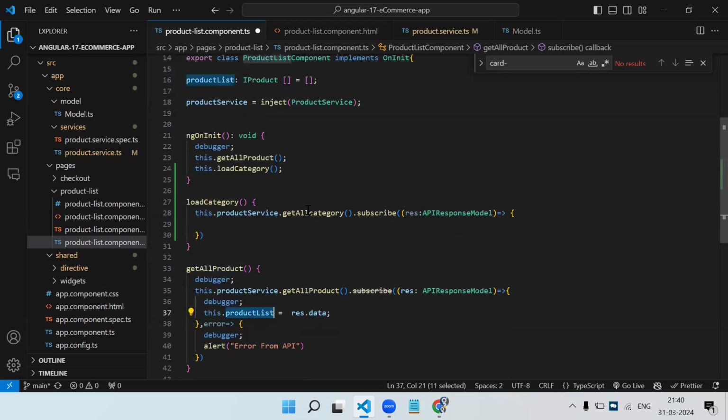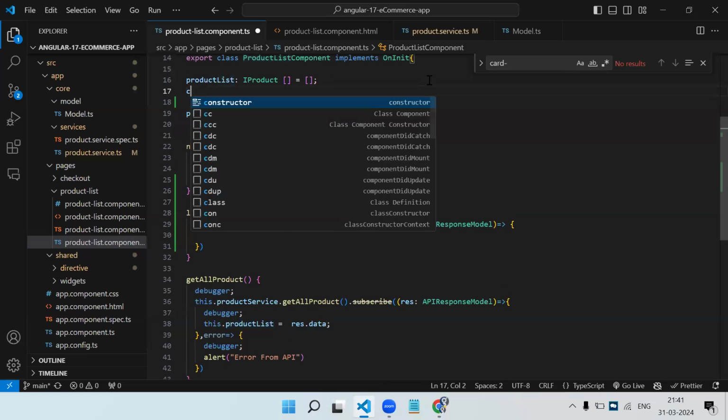But here, instead of creating a variable and storing inside that, we will create an observable, and in HTML we will use the async pipe. So you will get a practical scenario of how and where we have to use the async pipe. So I will just create an observable now. Let's say